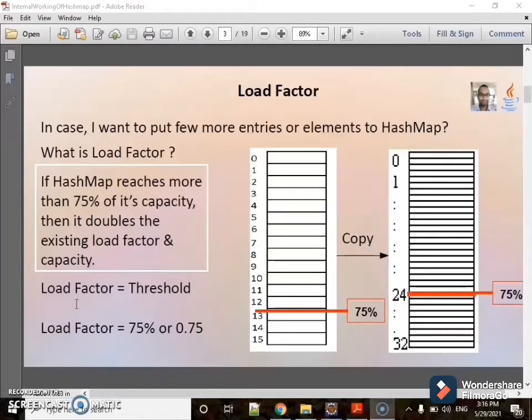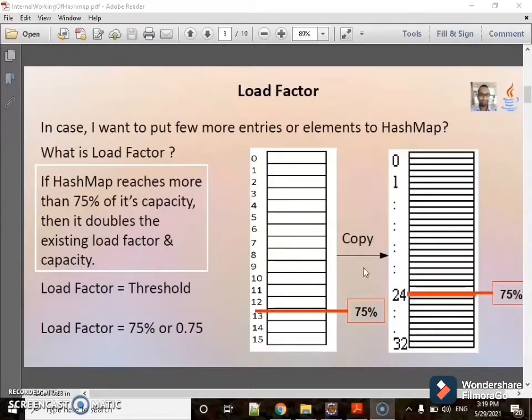So here, what is a load factor? Load factor is nothing but the threshold value. Threshold value for a newly created HashMap is 12, which is 75%.